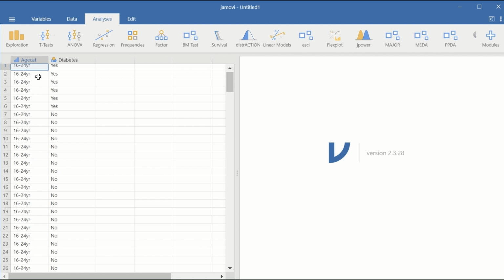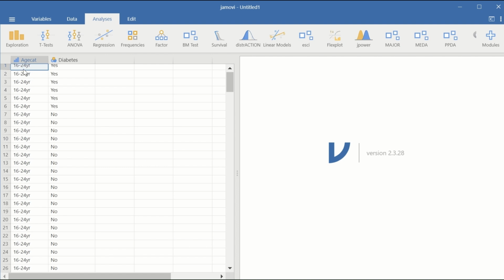So to find out whether there is an association or relationship between the age category and diabetes, and whether this predictor, which is the age category, can predict the possibility of getting diabetes, or the outcome, which is diabetes, whether variation in it can be explained by the age categories, then binary logistic regression can be used, as the outcome here, which is diabetes, is binary and the predictor is ordinal. Before we proceed to the